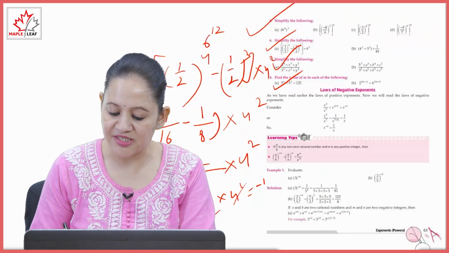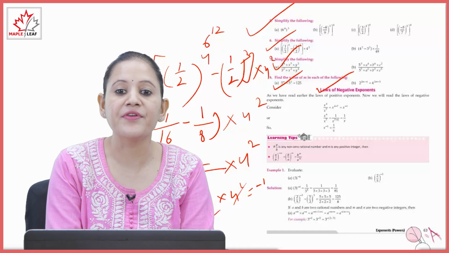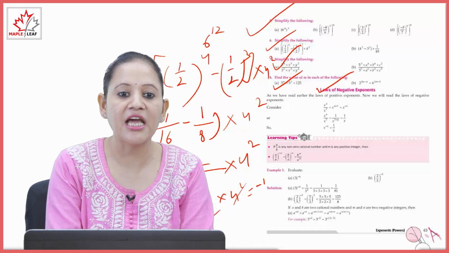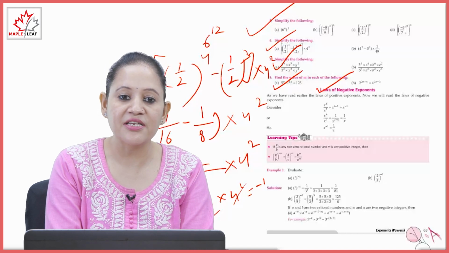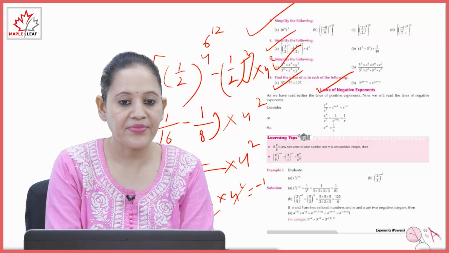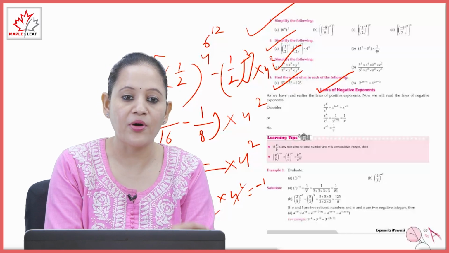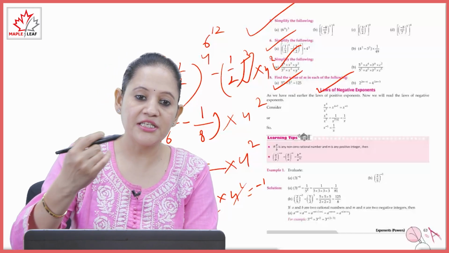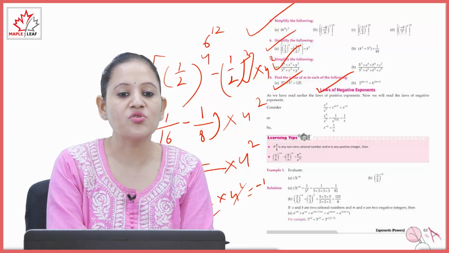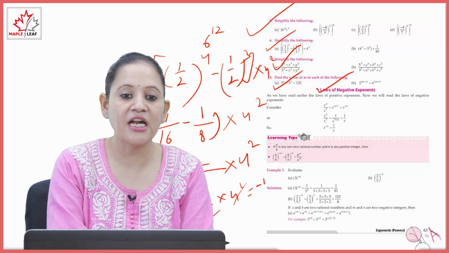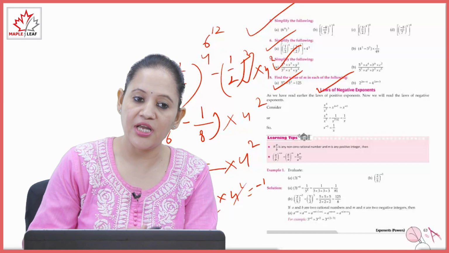Next, laws of negative exponents. As we have read earlier the laws of positive exponent, now we will read the laws of negative exponent. Consider x^6 upon x^7, that is equals to x^(6-7), that is equals to x^-1. Clear? x की पावर 6 अपॉन x की पावर 7 दैट इज इक्वल्स टू 1 अपॉन, अगर हम नीचे ले जाएंगे पावर को या चेंज करेंगे साइड, ऊपर से नीचे या नीचे से ऊपर, तो वो क्या हो जाएगी नेगेटिव. सो दैट इज इक्वल्स टू 1 अपॉन x^(7-6) that is equals to 1 upon x. x की पावर -1 दैट इज इक्वल्स टू 1 अपॉन x.